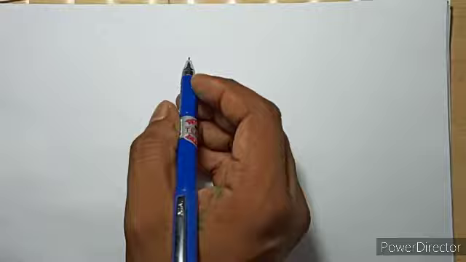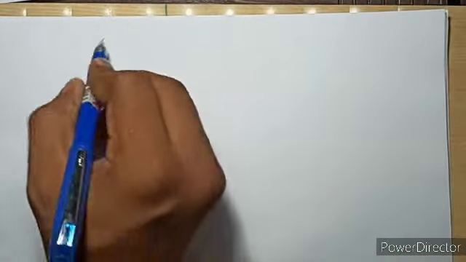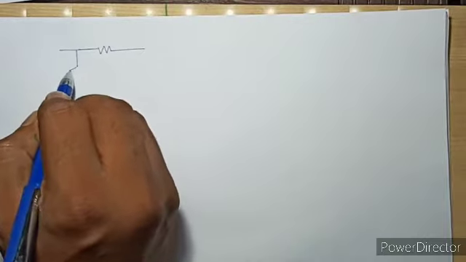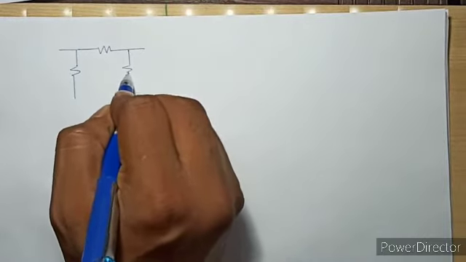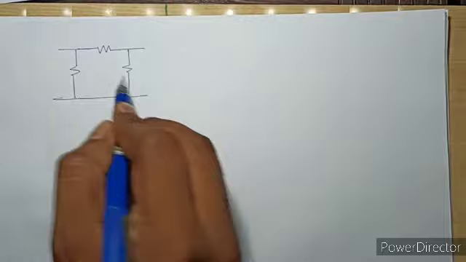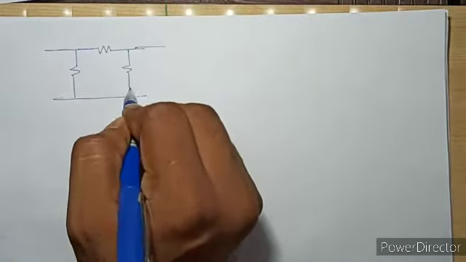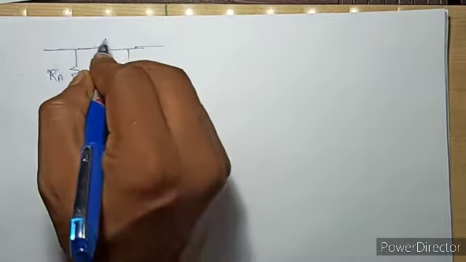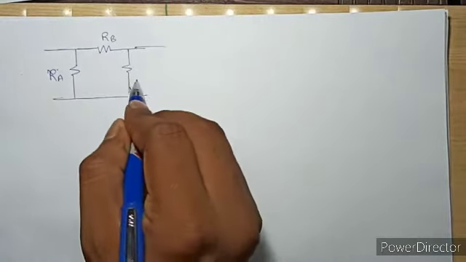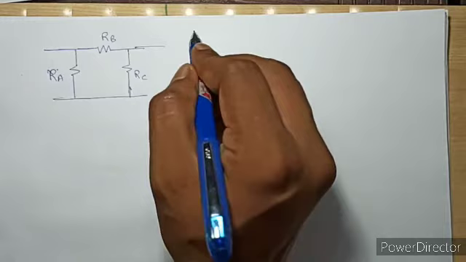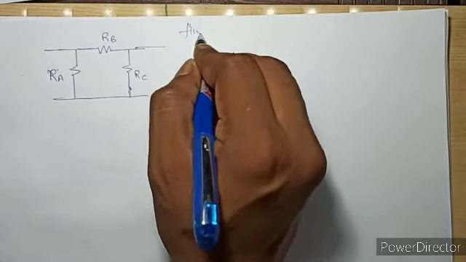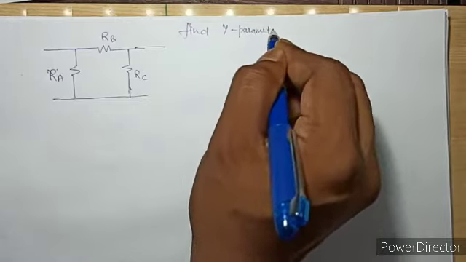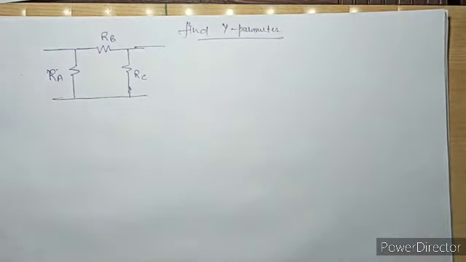Means if a network in this pi form is given as RA, RB and RC, and it is asked to find Y parameter, then